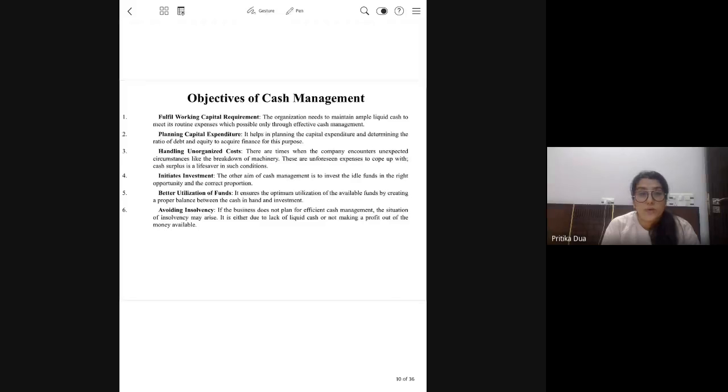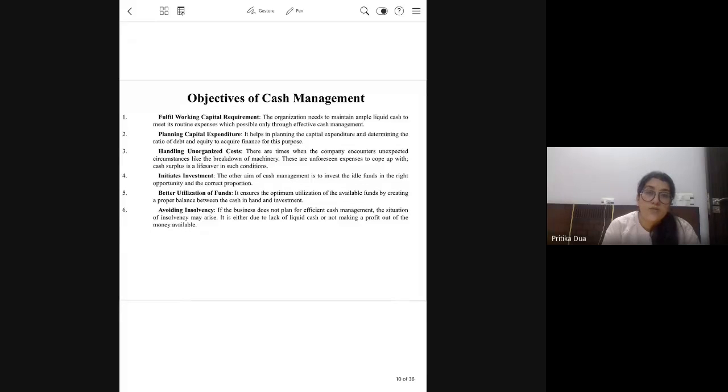Say you want to replace one machine with another or you want to expand your business, all this will require incurring expenditure in terms of cash. Handling unforeseen costs. So, holding cash to meet your unforeseen contingencies. Initiate investment. If you wish to expand your business, enter a new product line, all this will require cash handling. Better utilization of funds. Holding of cash